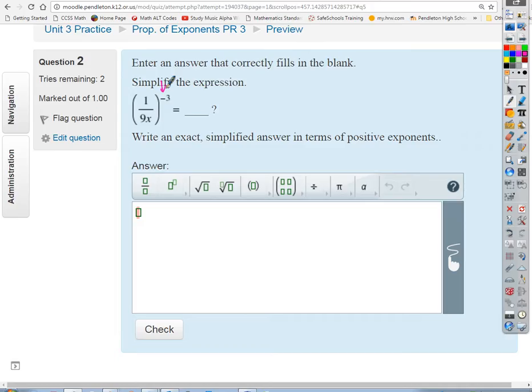You can just take the reciprocal of the fraction and do both things at once and make the exponent positive. So the first thing we would do is set this equal to the reciprocal of 1 over 9x, which is just 9x, all to the positive 3, and then what do we do? Distribute, sure. And then that gives us 729x cubed,